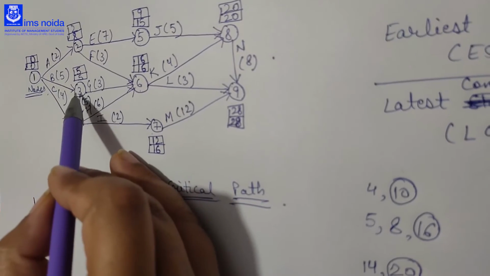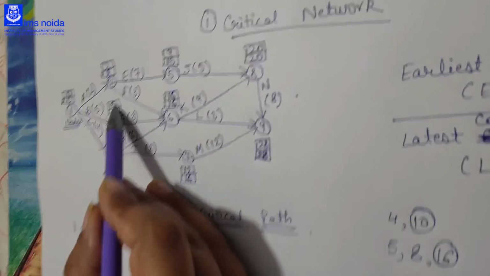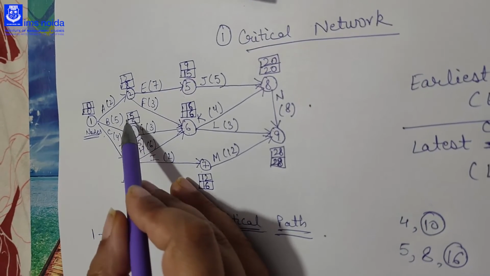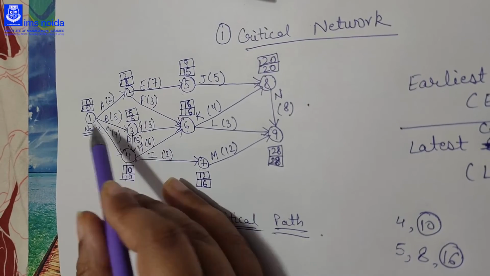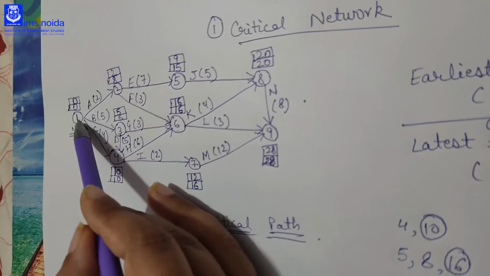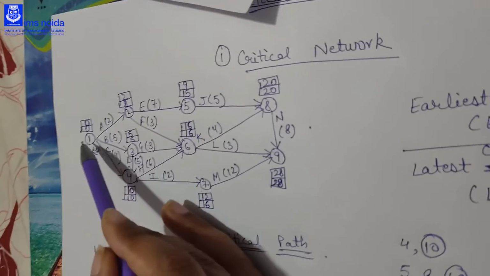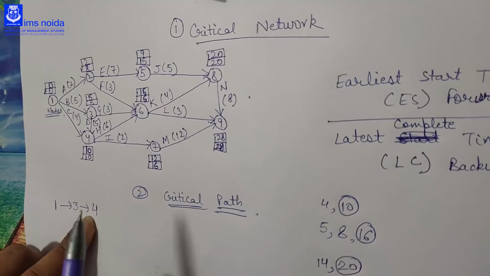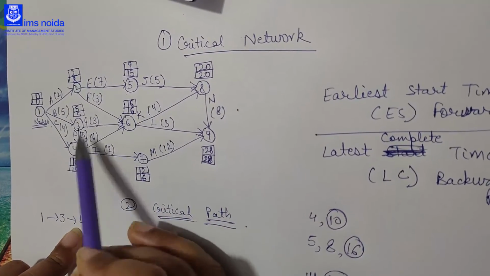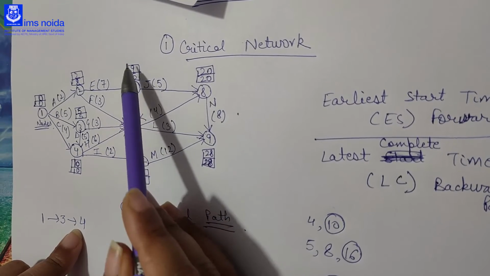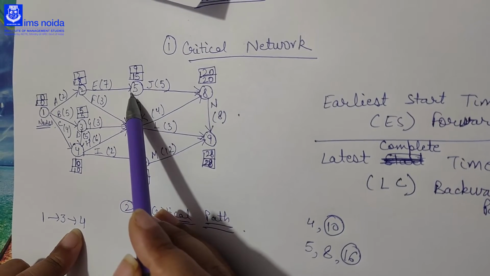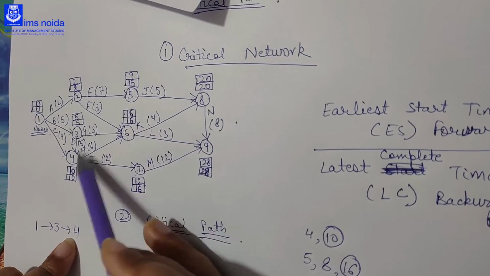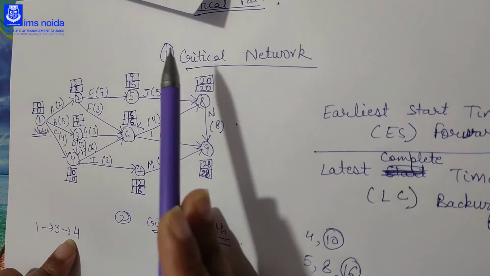If the LC and ES of 3 are not equal, then we can directly go to 4. But as the ES and LC of 3 are equal, and after 1 to 3 comes 4, we will go from 1 to 3 and then 3 to 4. Then after 4, we will go to the C, where we are getting the equivalent. In 5, we are not getting ES and LC equal, and as you can see there is no joining of 4 and 5, so we will not take 5.